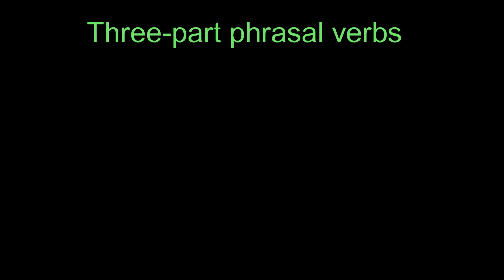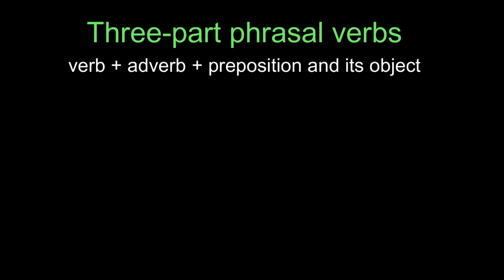Three-part phrasal verbs. Some phrasal verbs have an optional prepositional phrase after the particle in the order of verb, adverb, preposition, and object. These are called three-part phrasal verbs. The three-part phrasal verb is stressed in the same way as the phrasal verb with double stress. That is, the adverb carries the main stress, and the verb carries the secondary stress. There is no rhythmic stress shift since the adverb is immediately followed by a preposition, which is normally unstressed. The noun object of the preposition is stressed.